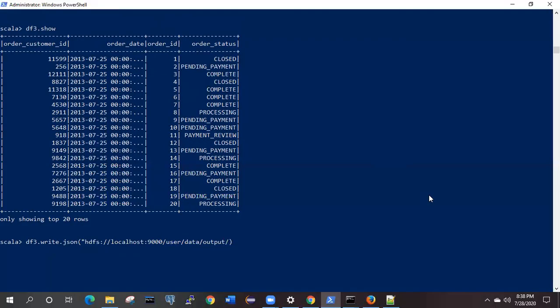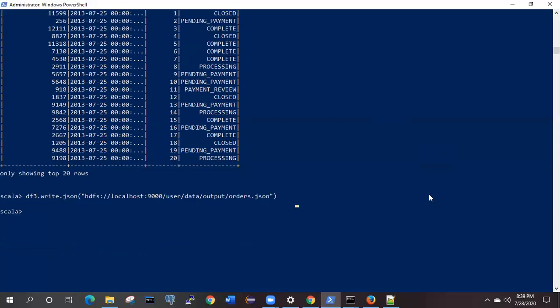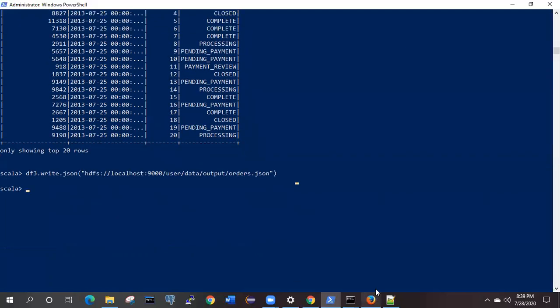You can give something like orders.json, you can give any name, and it is showing data is written successfully.